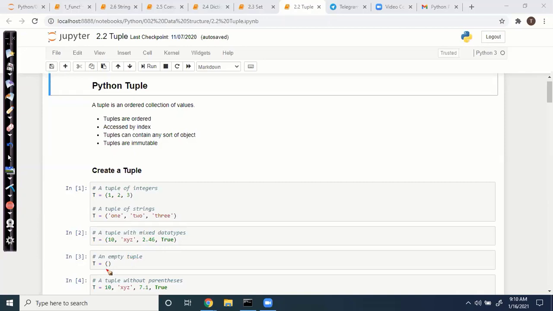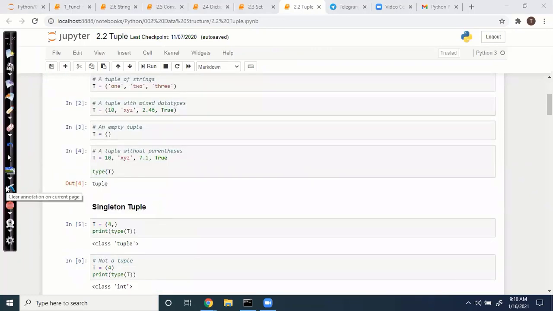You can create an empty tuple like this. You can also create a tuple without parentheses. That is the main feature, because for a list you should specify the square brackets; without square brackets it won't be considered a list. But here you don't need to specify parentheses.